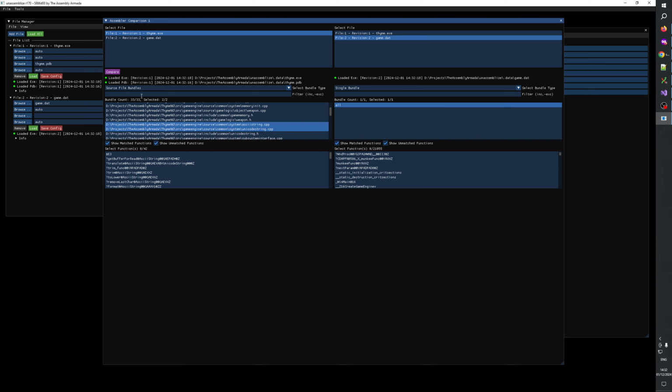And so if we filter now ASCII, then bundle count is 2 of 33 and selected is 1 of 2. Yeah. I hope that makes sense. Maybe it's a bit confusing because now if we would select this,